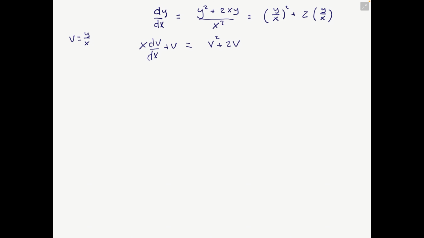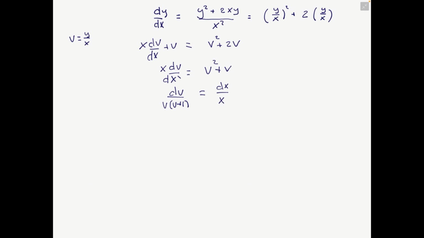Now, a little more algebra. x dv dx is equal to v squared plus v. And we bring this over: dv over v times v plus 1 equals dx over x. Now we have to solve this differential equation, and we can do so